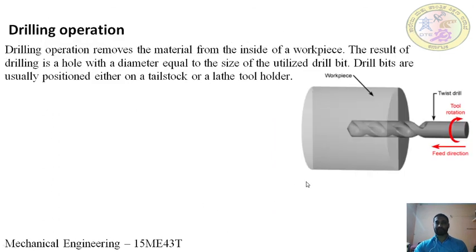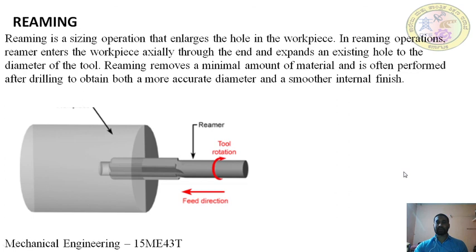Drilling is the operation of producing holes on the ends of the workpiece by a drill bit, which is placed in the tailstock, or by special fixtures. Reaming is the operation of finishing and enlarging the already drilled hole. It is performed by a special tool known as a reamer, which is held similar to the drilling operation, like in a tailstock, or maybe with a special fixture.